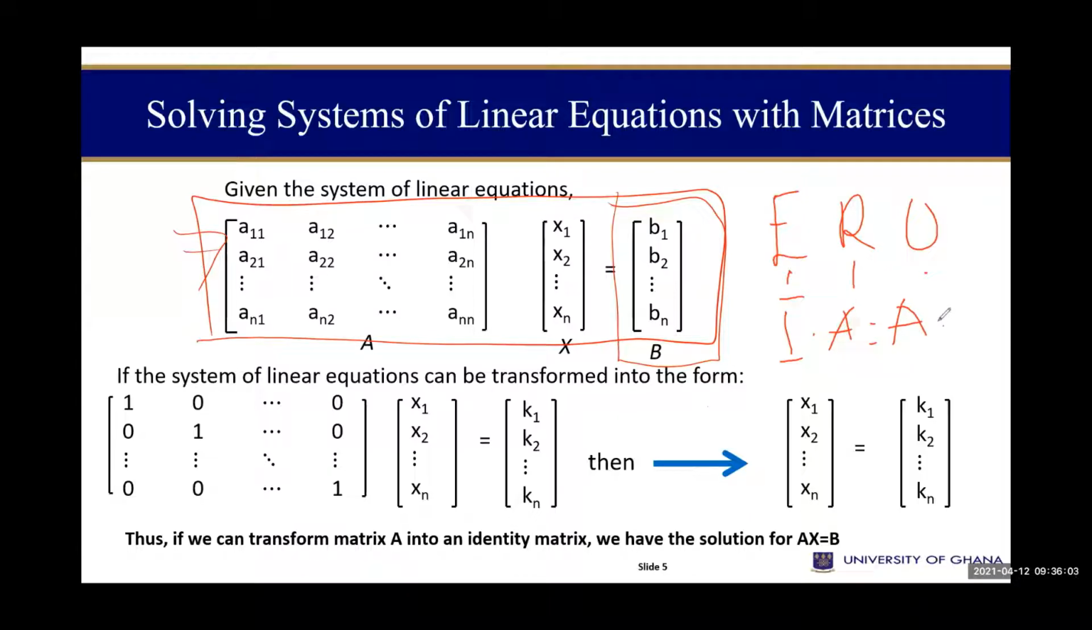So yeah, all we are interested in is to transform matrix A, that is the matrix that has all the coefficients, into an identity what? Matrix, by using this operation, elementary row operations. Once I do that,